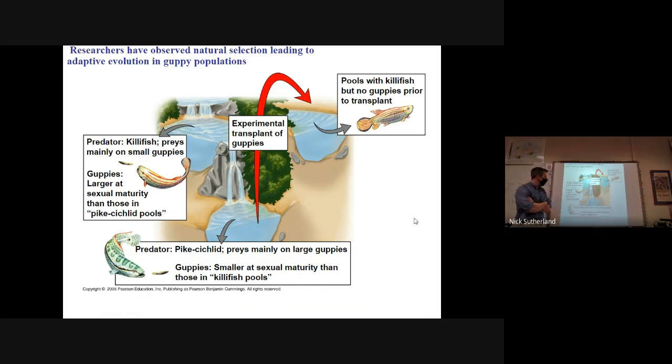That's kind of what a selective pressure is. But we've got two different populations of guppies. One population lives with killfish, which is their predator. Okay, and the other population lives with pike cichlids, which is their predator. Now in this pool up at the top, this pool right here,